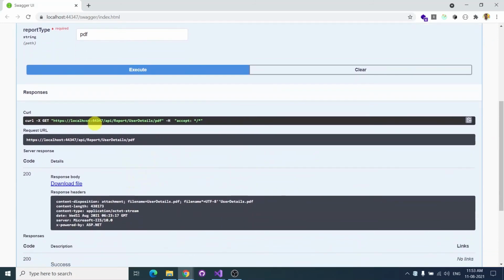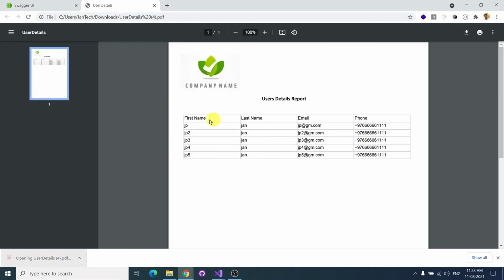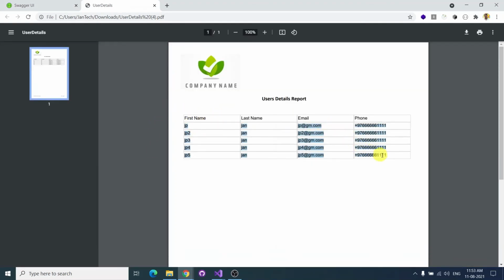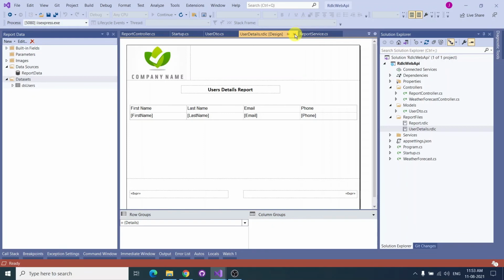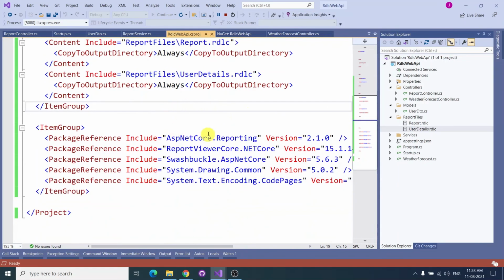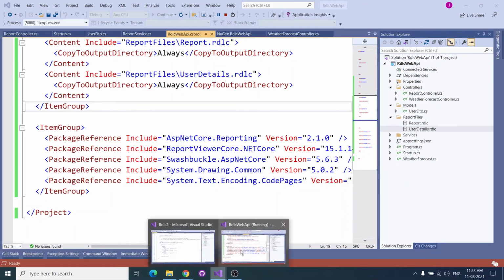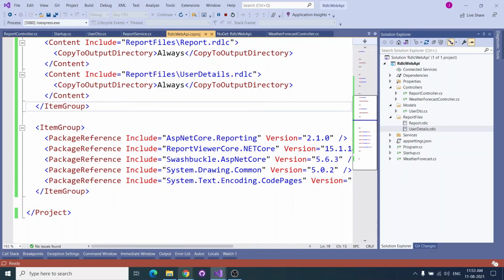okay, yeah, I got one sample file, and if I click on it, it will download the user details file. So it has all the values and it's printing successfully. So for our case, it is fine, right? For PDF, it is working now,